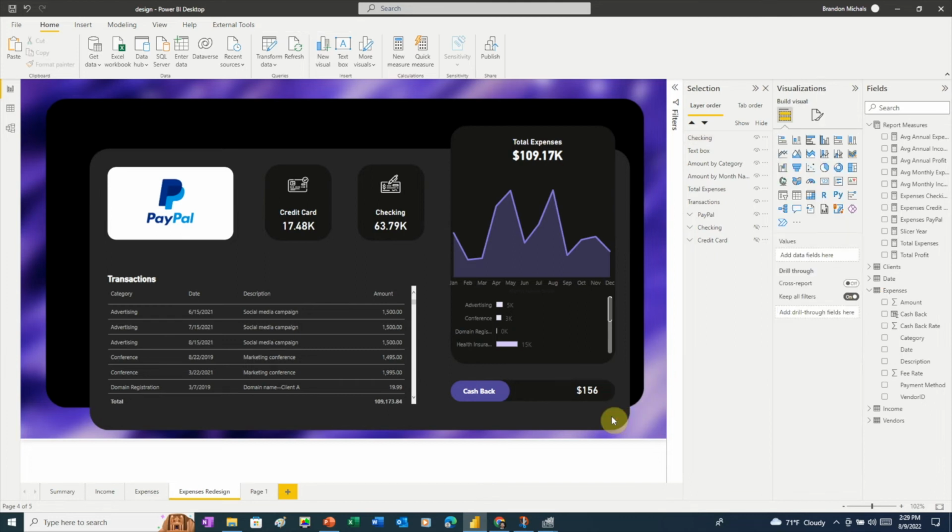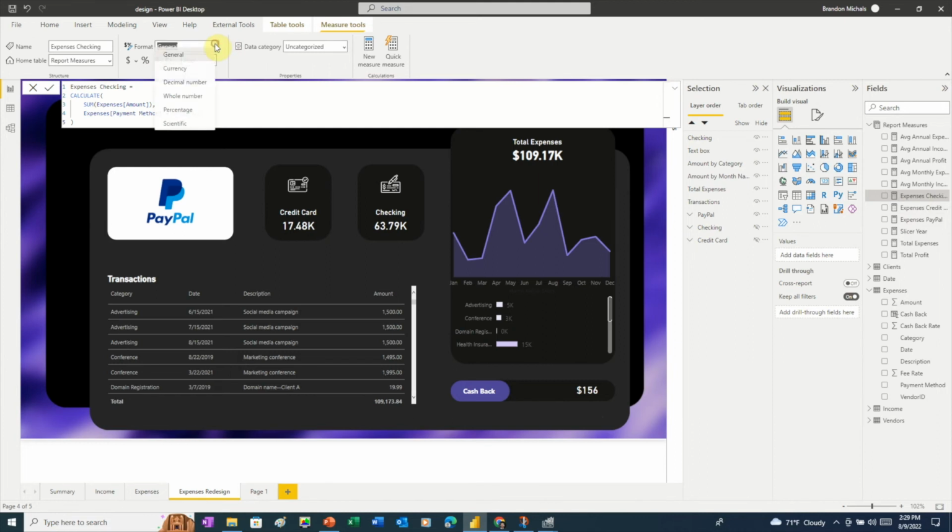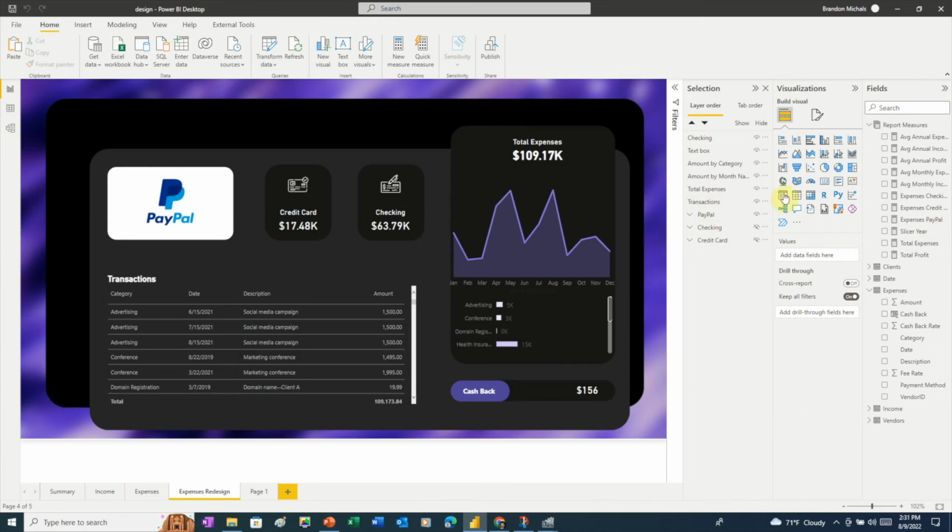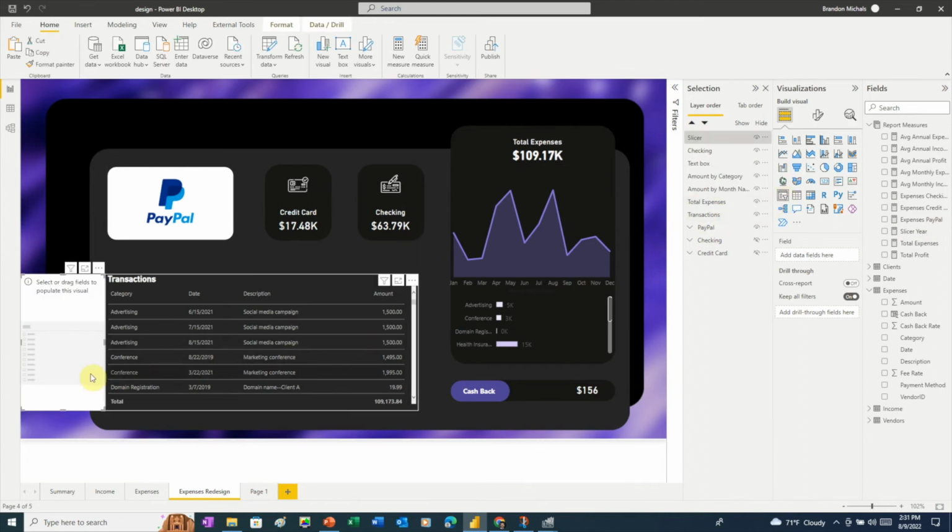I want to switch the other card values to currency also, so I'll click on the Expenses checking measure, and again, in the Format dropdown, I'll choose Currency. I'll do the same thing with the Expenses credit card measure, and I'll also do the same for the Expenses PayPal measure. Next, I need to create a slicer, so I'll click the slicer icon in the Visualizations pane, drag